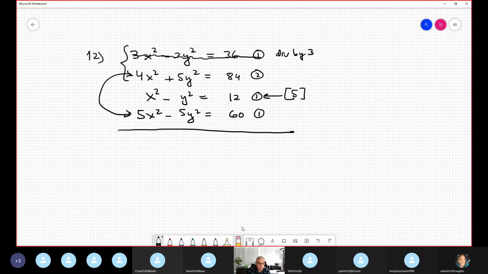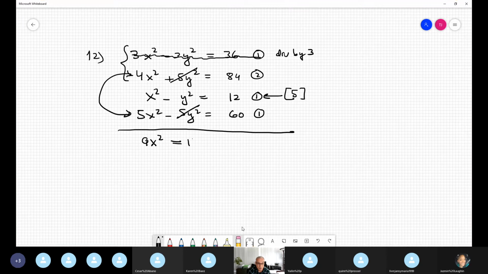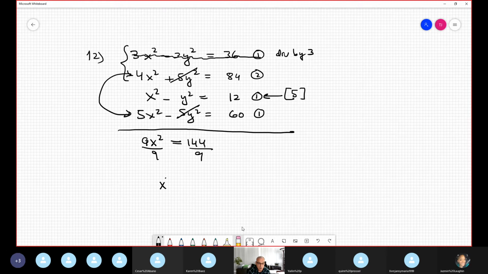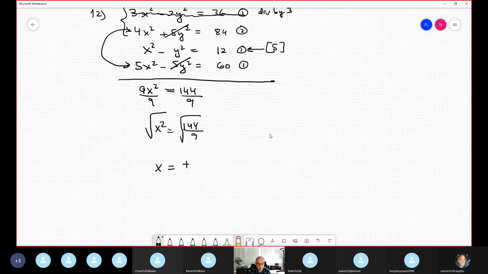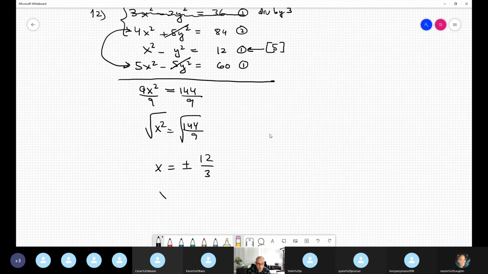4 plus 5 is 9. Positive and negatives cancel out. I created it intentionally. 84 plus 60 is 144, divided by 9 on both sides. x squared is equal to 144 divided by 9. Apply square root both sides because it's a typical quadratic equation. I know that x is equal plus or minus square root of 144 is 12, and this is 3, and this is 4. So you divide, this is 16. It's okay, plus or minus